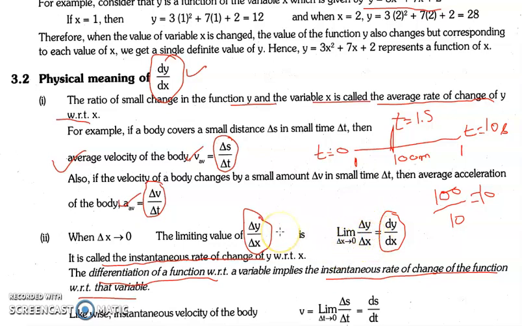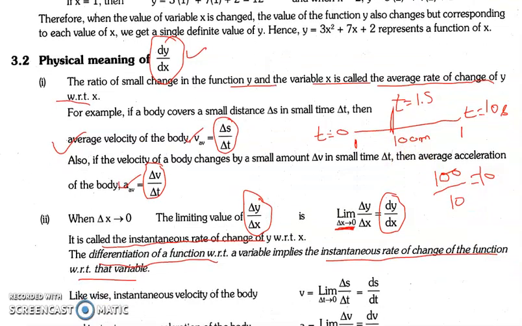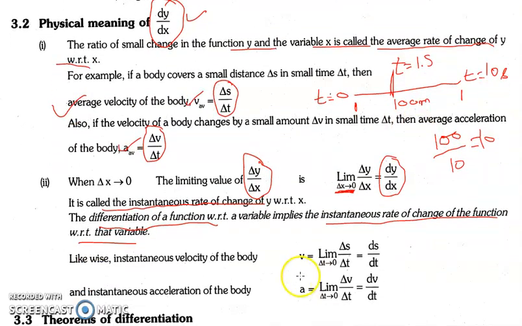That is why I have told you the basic difference between this, and the basic difference is that when delta x is approaching zero, the change is very small, it means we are talking about this instant. So it is the same thing that I've already told you. So let's proceed further. Likewise, you can clearly see the instantaneous velocity will be ds by dt. It will not be equal to delta x by delta t. It will be ds by dt. ds by dt means instantaneous change.